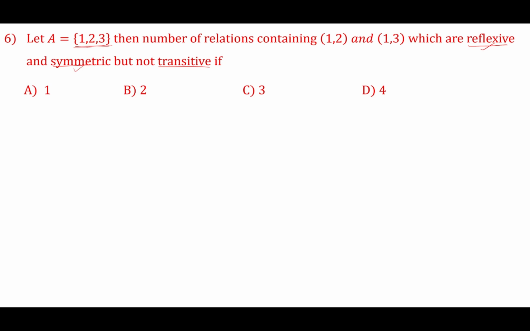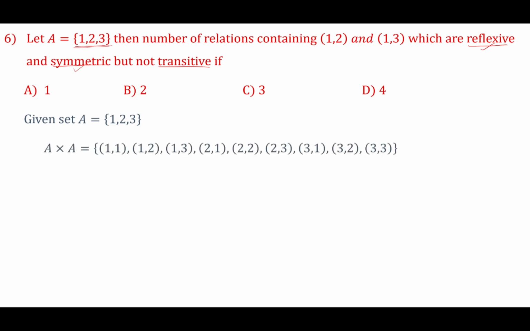First of all, the given set A has 3 elements, 1, 2, 3. So we have to find the Cartesian product of the given set, which is this one: (1, 1), (1, 2), (1, 3), and (2, 1), (2, 2), (2, 3), and (3, 1), (3, 2), (3, 3). This is the Cartesian product. From this Cartesian product, we have to make relations